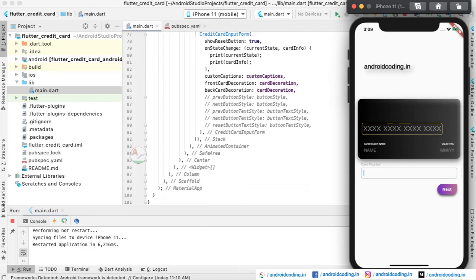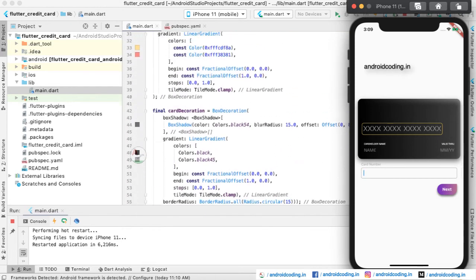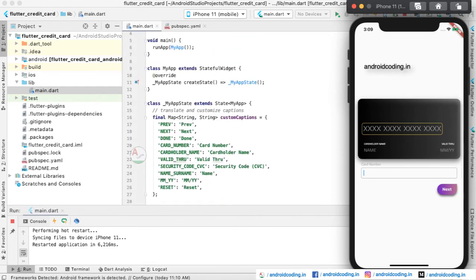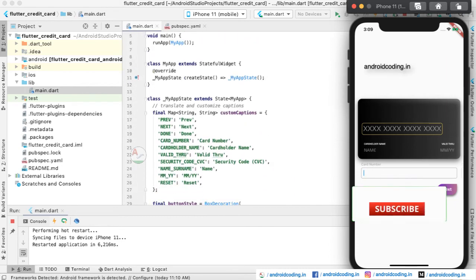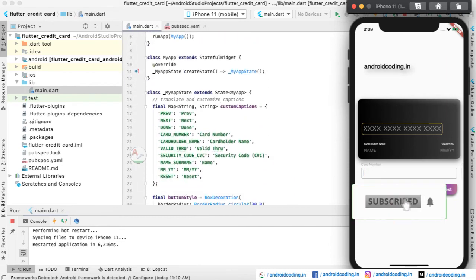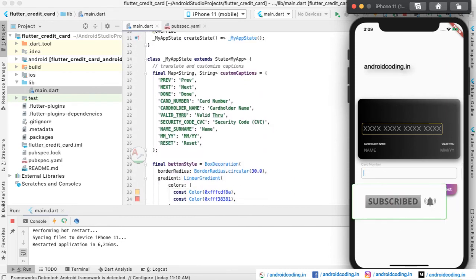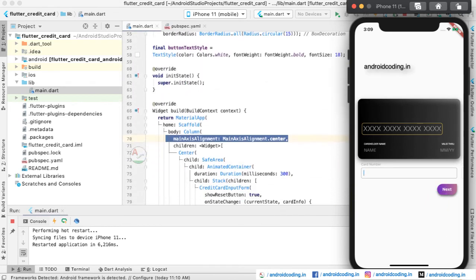And here we have provided the custom captions. Here you can see these are the captions we have provided. So here you can see the card holder name, and the name here we have provided, and valid through. These are all the custom captions which we have provided. You can edit these things and provide your own names in these particular fields.